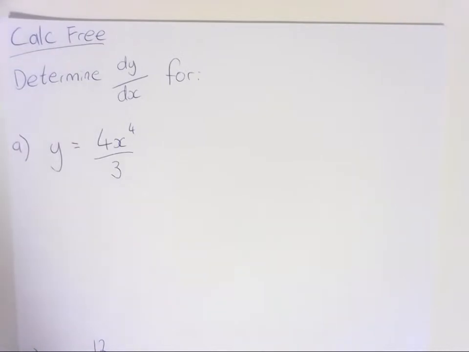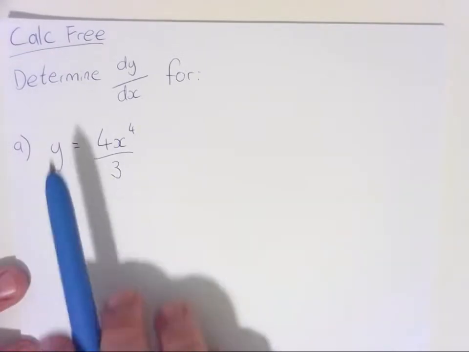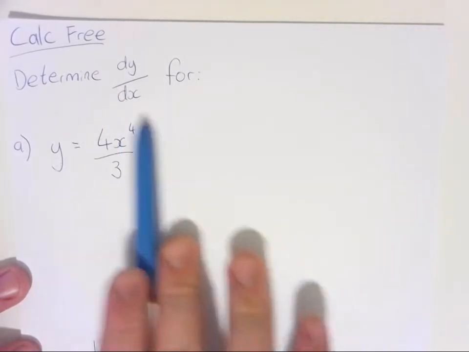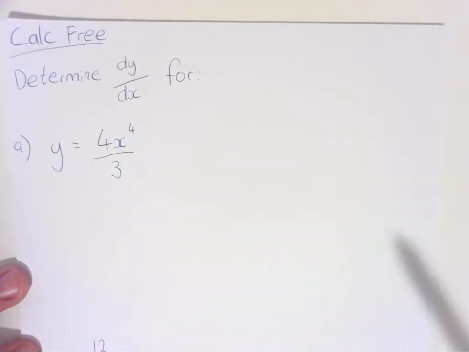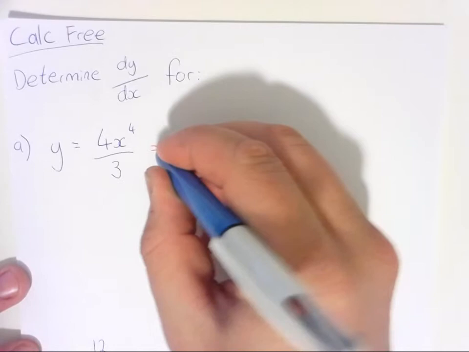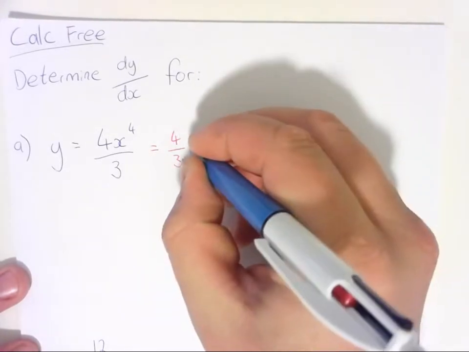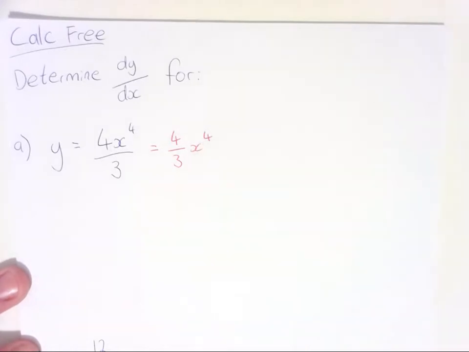So the first question we have here is determine dy dx, so the derivative, for the equation y equals 4x to the power of 4 divided by 3. Now I'm going to rewrite this one so it becomes simply 4 on 3 x to the 4, so it's just a little bit easier to work with. Now remember that our